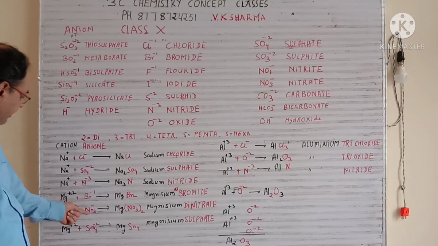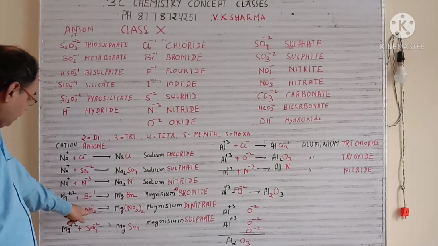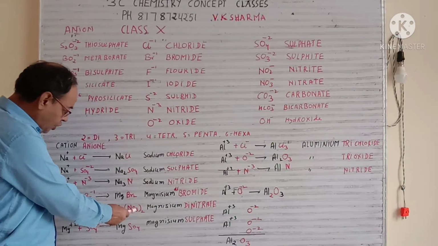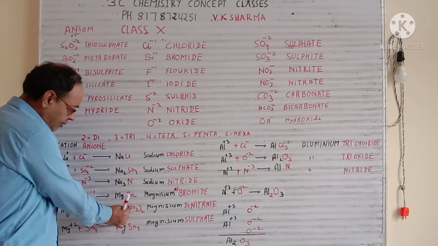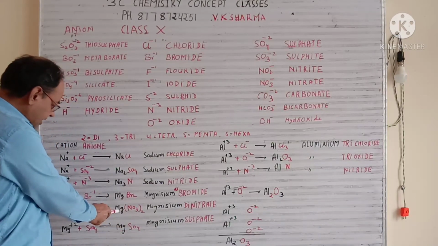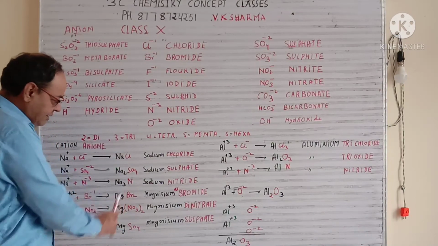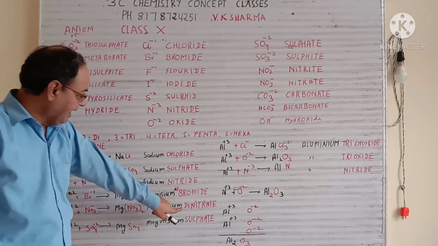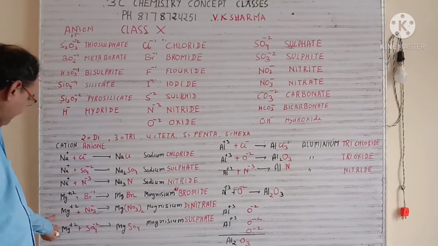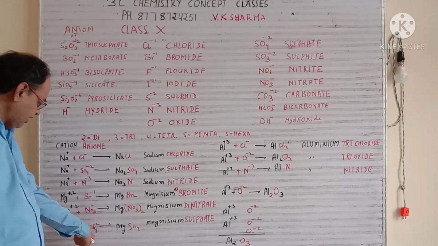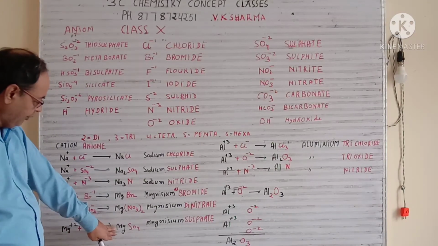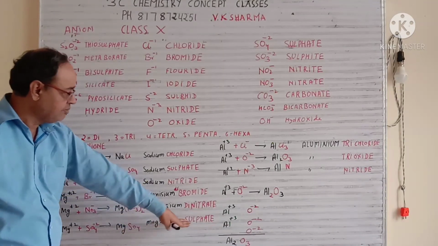Same way Mg, I am taking with the minus 1 valency. So, you need one more NO3. So, Mg(NO3) whole twice. When there is a molecule which contains more than one atom, you always keep it in brackets. So, this is magnesium (NO3) twice. So, the name is magnesium dinitrate. Just keep in mind because this is 2 times. Same way when magnesium 2 positive reacts with SO4 2 negative, both are neutralized, so the compound formed is MgSO4, and the name will be magnesium sulfate.